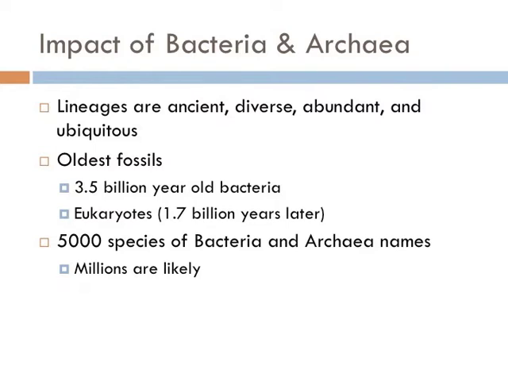Scientists have spent the past several centuries cataloging the species of the world and have come up with a current estimate of 1.8 million species of plants and animals, and it's estimated to be around 9 million. In contrast, only 5,000 species of bacteria and archaea have been cataloged. This isn't because there aren't any, it's because they're really hard to identify.